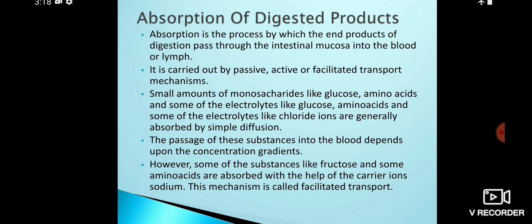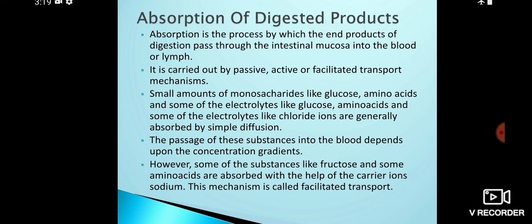Or else, you know that the wall of the small intestine is made up of four layers. What are those four layers? The innermost is mucosa, next is submucosa, after that is muscularis, and the outermost is the serosa. So here the mucosa layer forms the villi, finger-like projections. Below the villi, which layer will be present? That is obviously the submucosa. The submucosa is made up of loose connective tissue, which is supplied with blood vessels and lymph vessels.